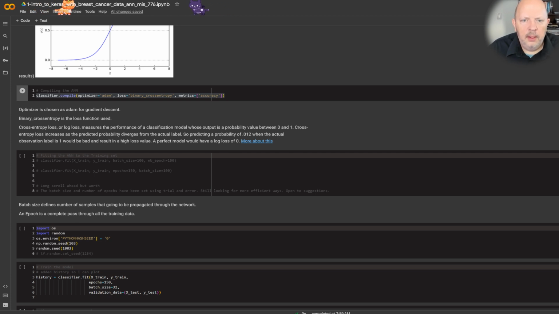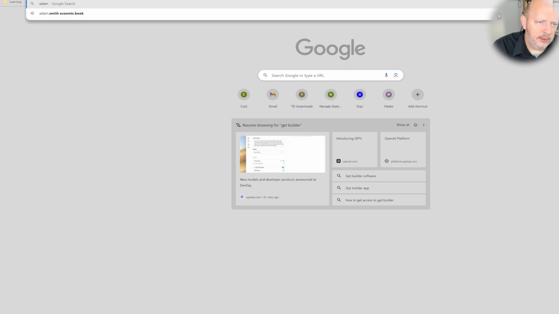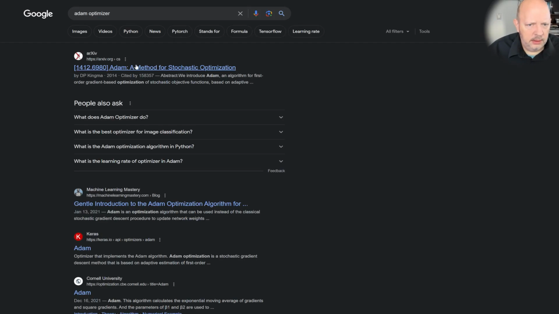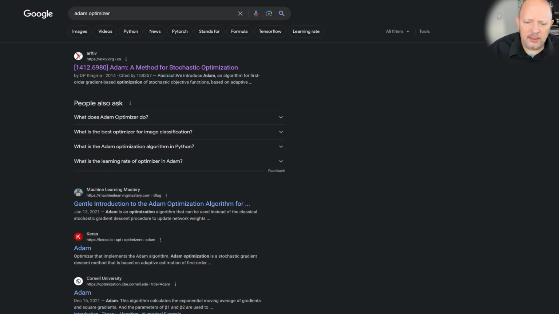Okay, so now start with Adam, so optimizer equals Adam. That adjusts how the model learns, basically. And I guess I could just Google real quick what Adam is. A lot of people use it, there's a couple other ones, the Adam optimizer. Yeah, there's a couple other optimizers.